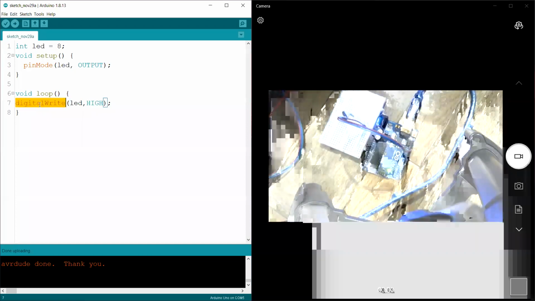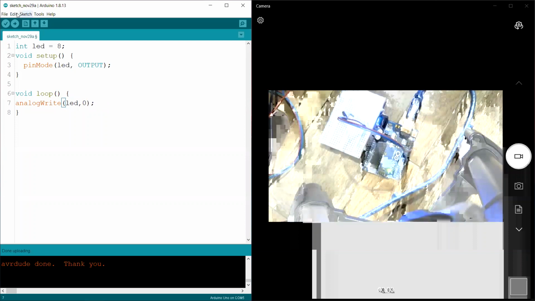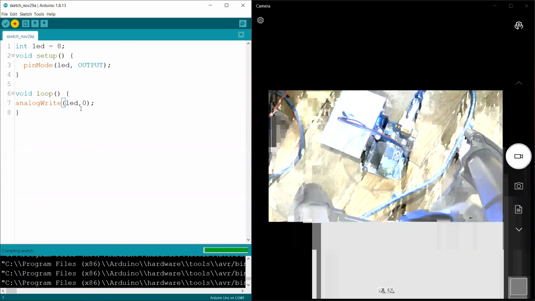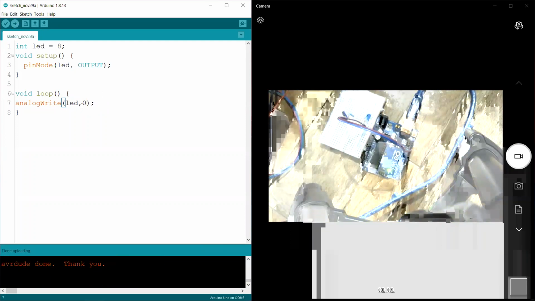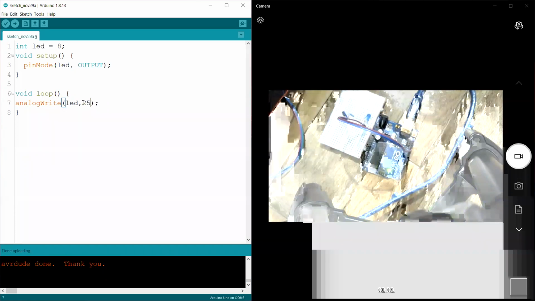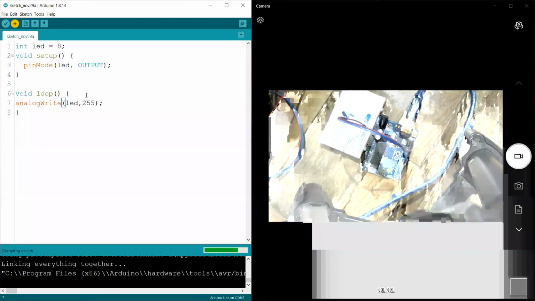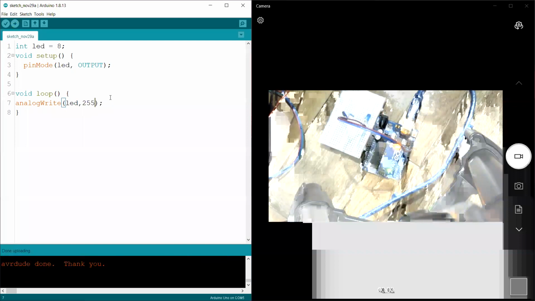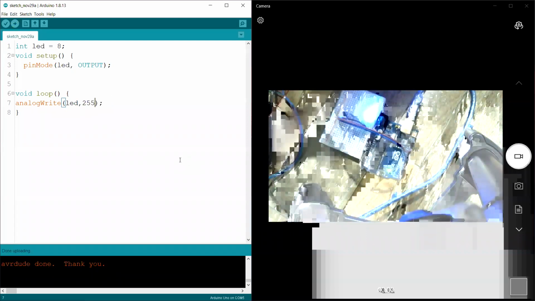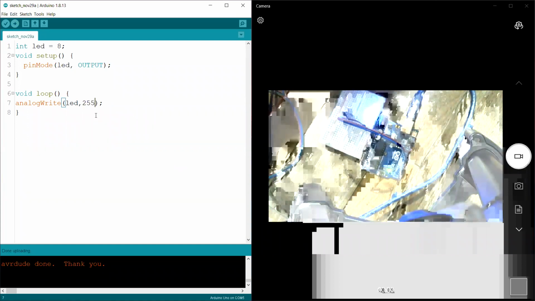And if I say analog write, let's say 0. Turned off. 255, it might turn on, sometimes it won't. Depends on the firmware version. So it has turned on. Yeah, you can see that.